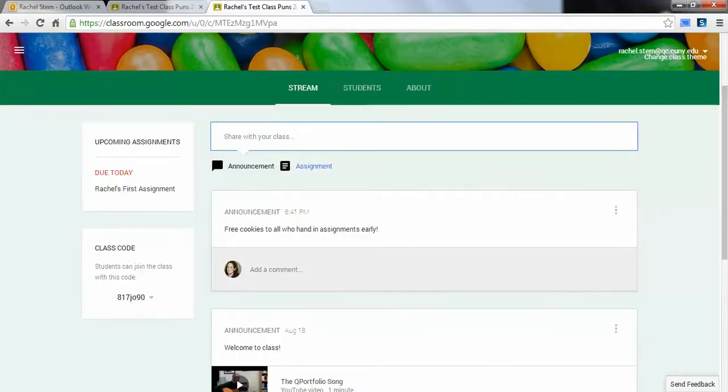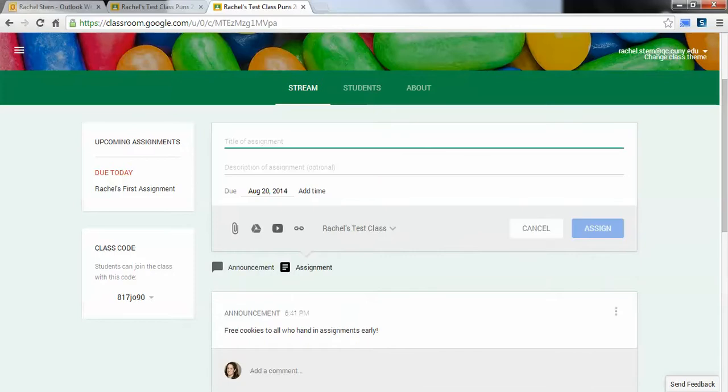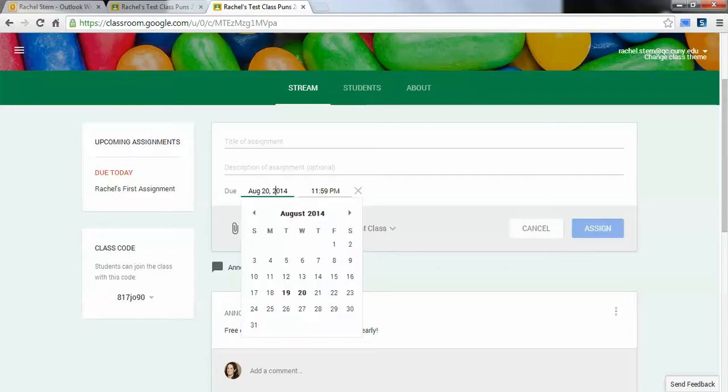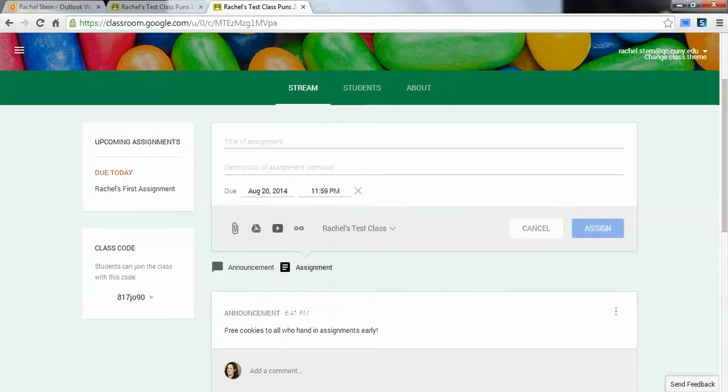The second thing you can do is you can add an assignment. Now you can have the assignment be due at 11:59. You can have it done tomorrow. You can pick the date and the time, and at that point, it will not let you submit anymore. You can give it